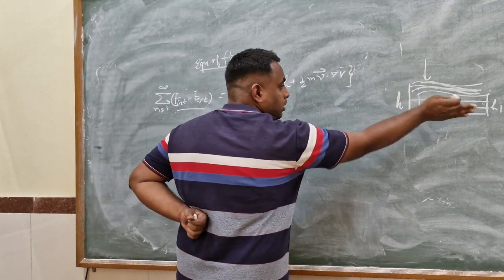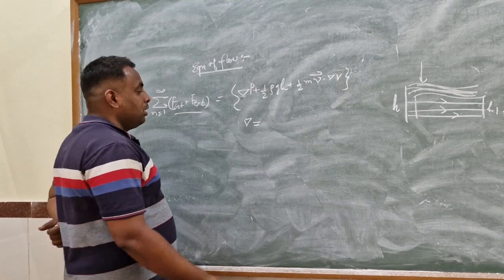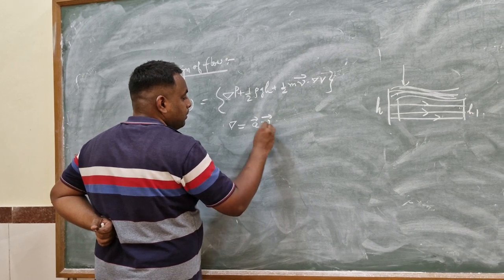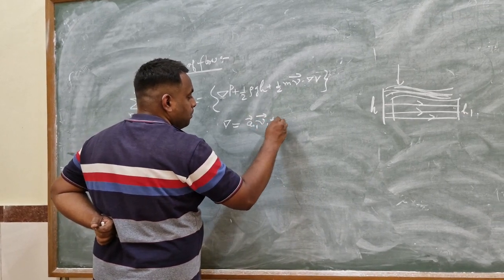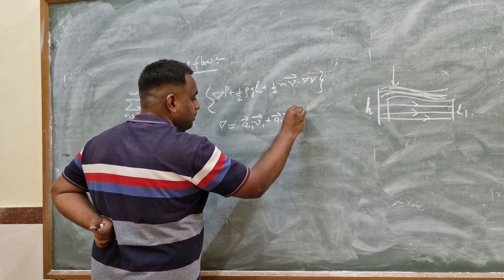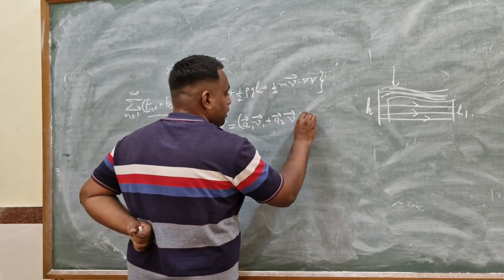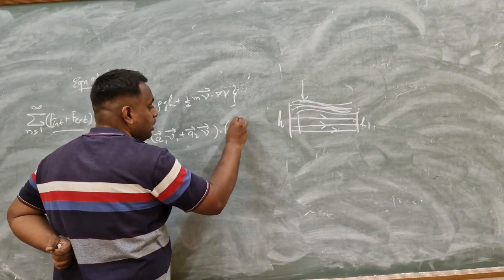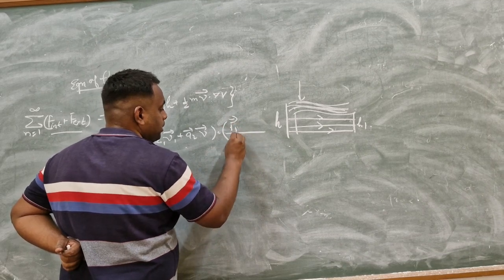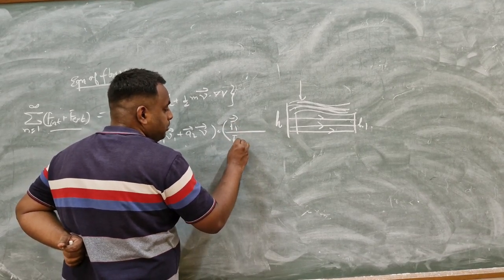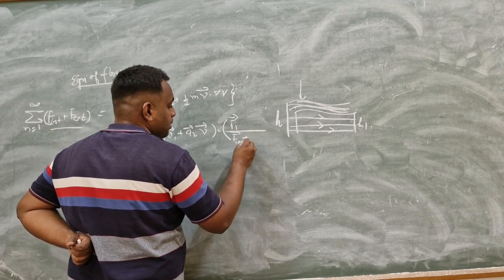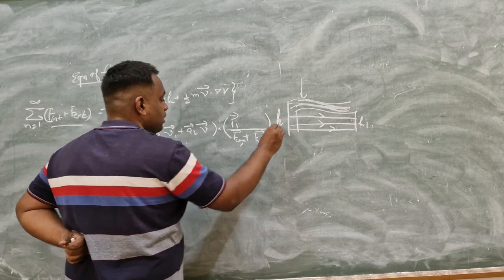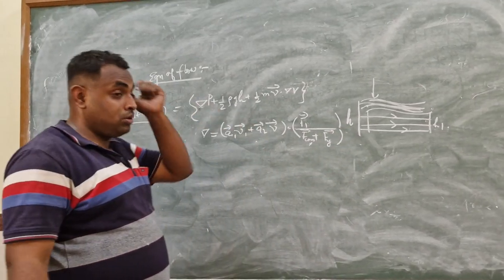Suppose the flow is in a vectorial representation, then the equation of flow will be A vector, V vector plus A2, V2 vector into the cross product of the force acting by the components in X and the force acting on the component of Y. So this is changing the flux.